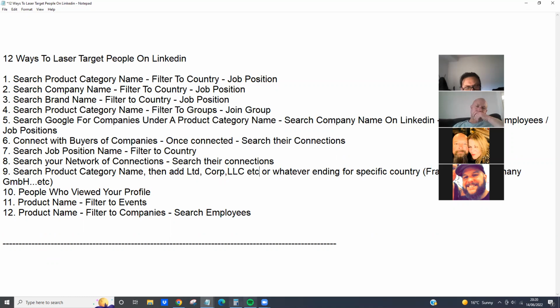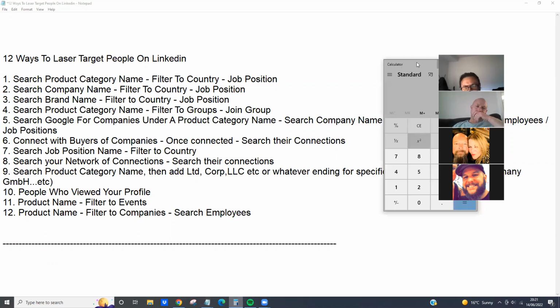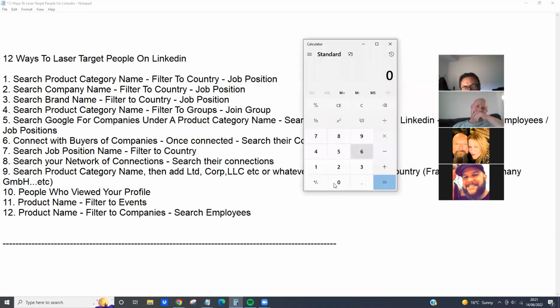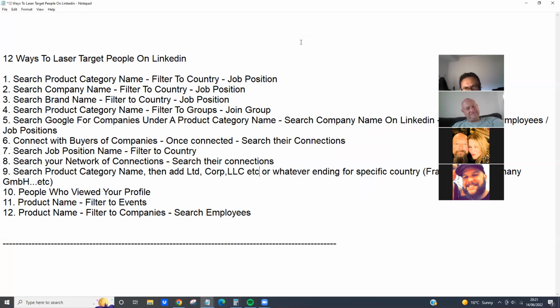How many people are you going to connect with? 30 days, 30 times 20, 600 people. Obviously, some of them are going to accept your connection request over a period of time. But at least you are clicking to connect with 600 people. That's what counts, because it's a long-term thing. But you never know. Someone might connect with you tomorrow and they might have some stock at that moment in time.